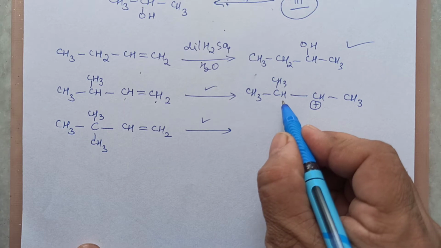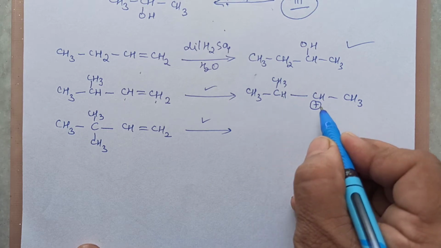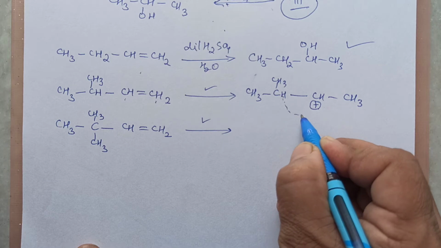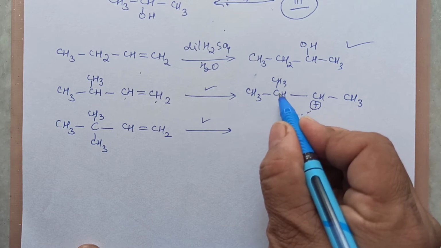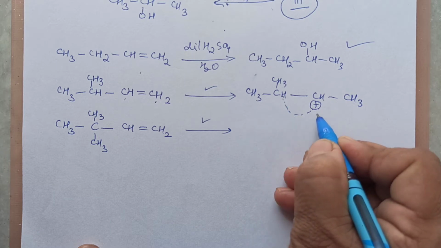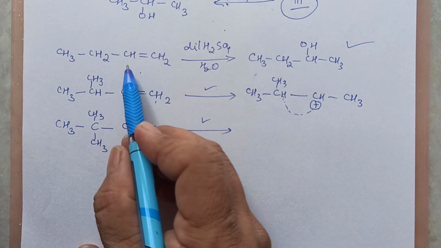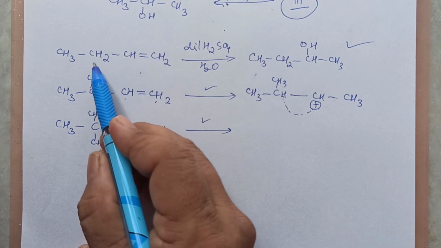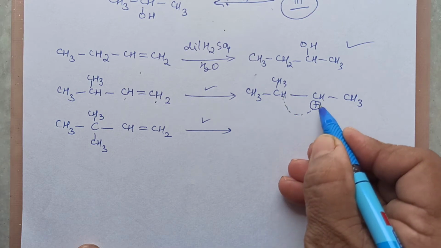Right? Now this hydrogen which is present here, this is a 2 degree carbocation. There is a possibility that if this hydrogen comes here along with its bonding electrons, with which it is linked to the carbon, then the positive charge may shift this side. This was not possible here. You might think hydrogen is present, but even if it comes, it is still a 2 degree carbocation. So this H prefers coming this side.